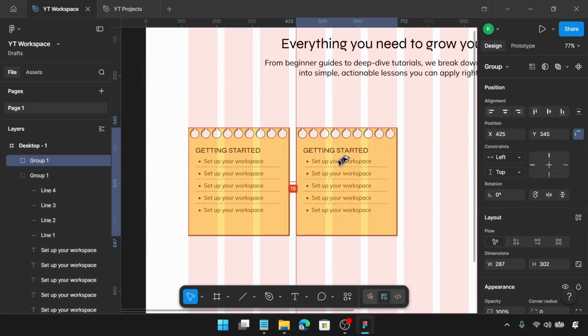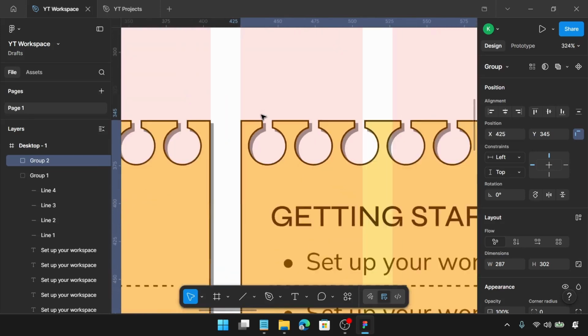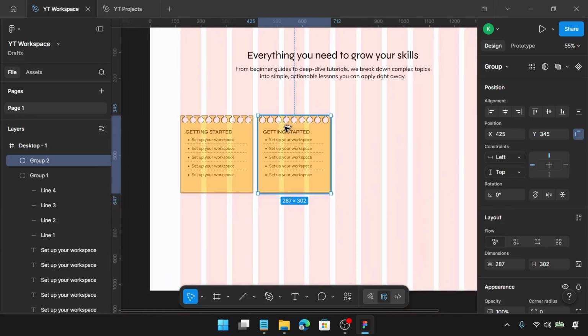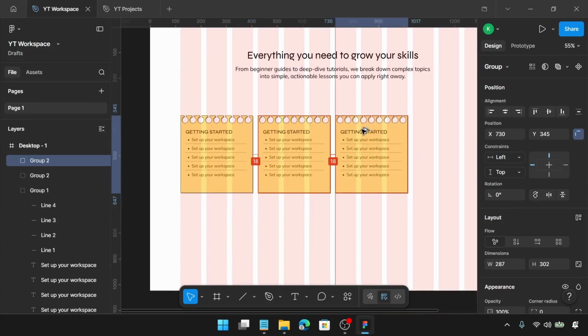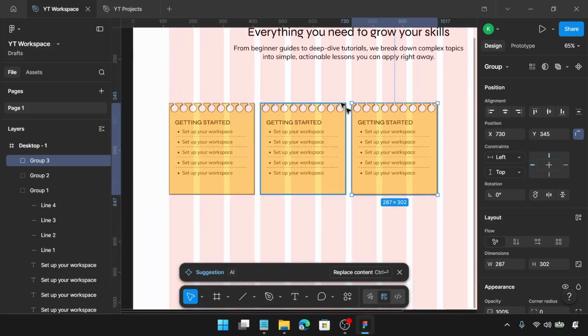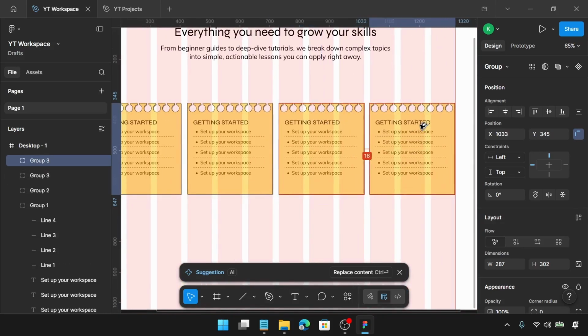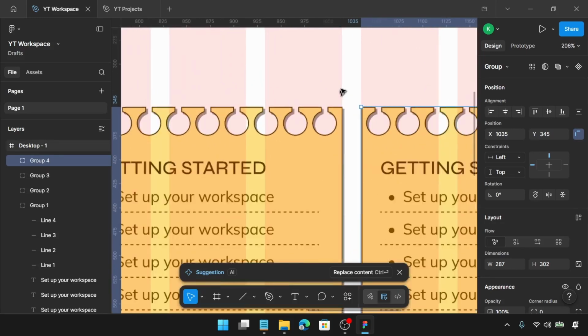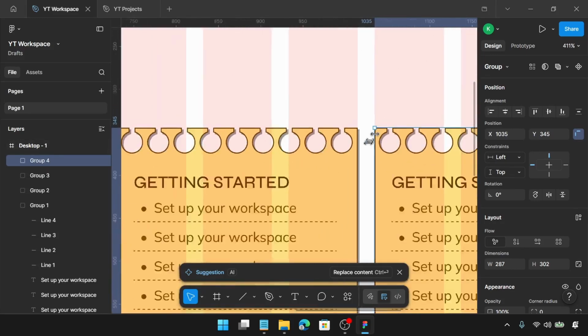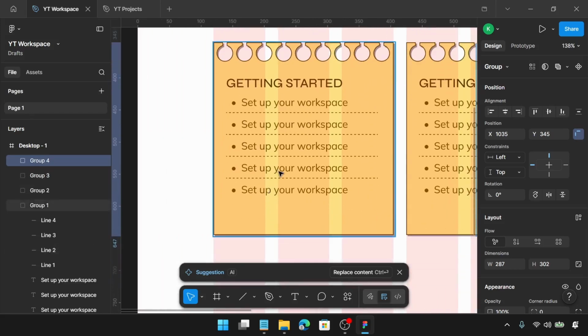So I'm going to create one here, align it to the edge of the 4th column. This one is going to be on the edge of the 7th. I just want to make sure. And then I'm going to align this one on this side. Now we can add in our remaining text, change the color of the cards, and then change the color